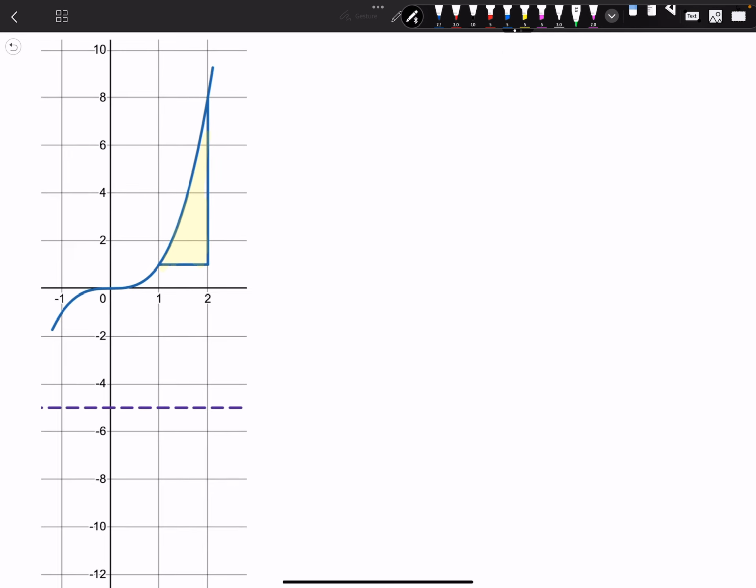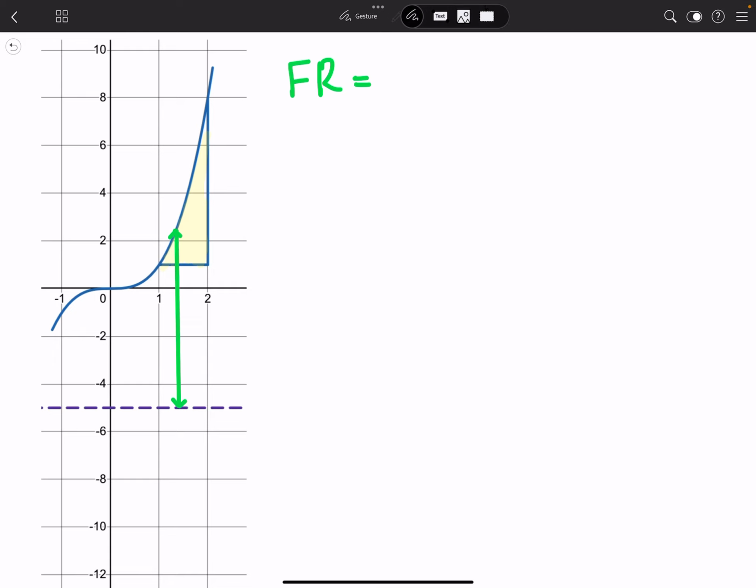So one other small thing that I'm going to need to do here, I need to find that adjusted radius. And if you recall, we called that the functional radius. So this line right here, this distance from the outside or the big radius to the axis of rotation, we're calling this our big functional radius. And the length of this line, the distance between these two, is always going to be top minus bottom. So this graph right here is going to be my top, and that is the x cubed